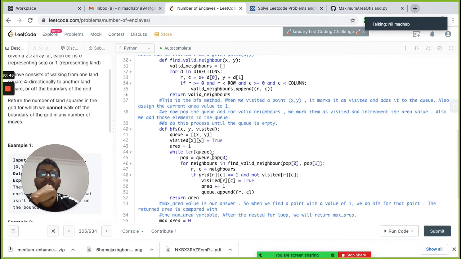And now this is the main function BFS, which will take x, y as the coordinates from which we are applying the BFS, put it in the queue, mark it as visited, and area as 1. And this area, we will use it, right? This area will be our useful area.